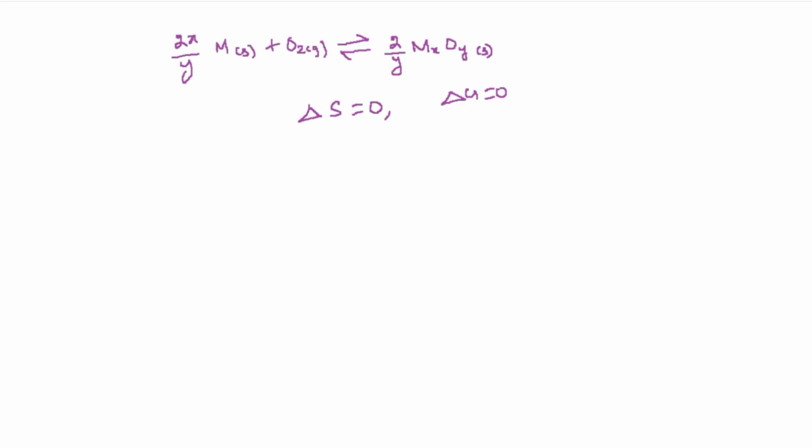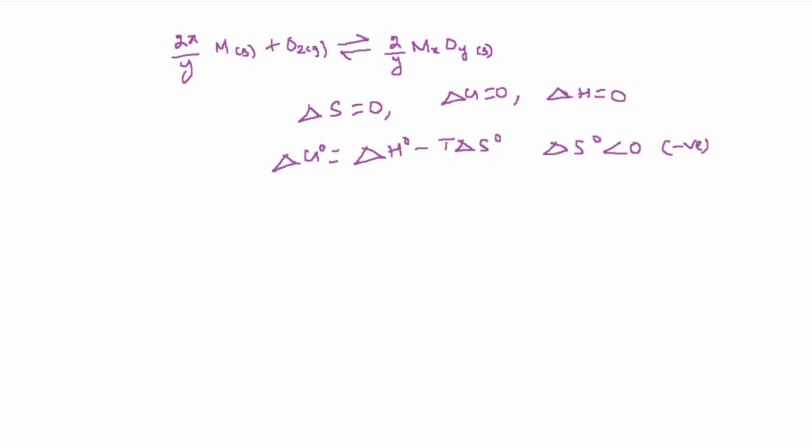Since this is an equilibrium reaction, it takes place at constant temperature. Delta H is also equal to 0. But delta G naught is not equal to 0. So delta G naught is equal to delta H naught minus T delta S naught. And for this reaction, delta S naught is less than 0, negative, because as the reaction proceeds in the forward direction, the number of moles of gaseous substance decreases. So the delta S naught value is negative.